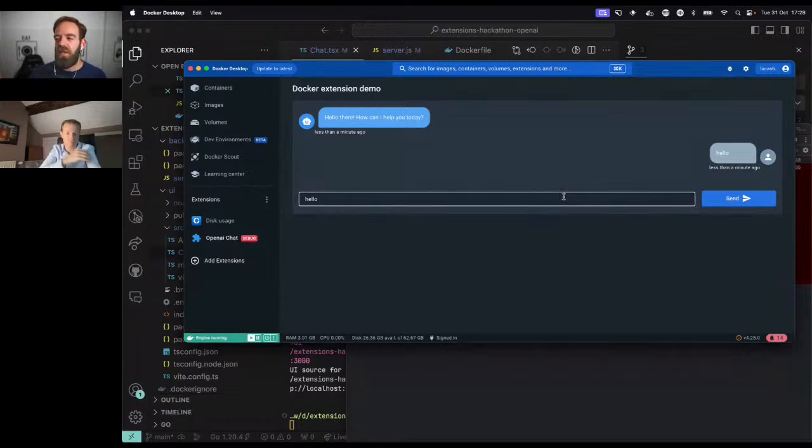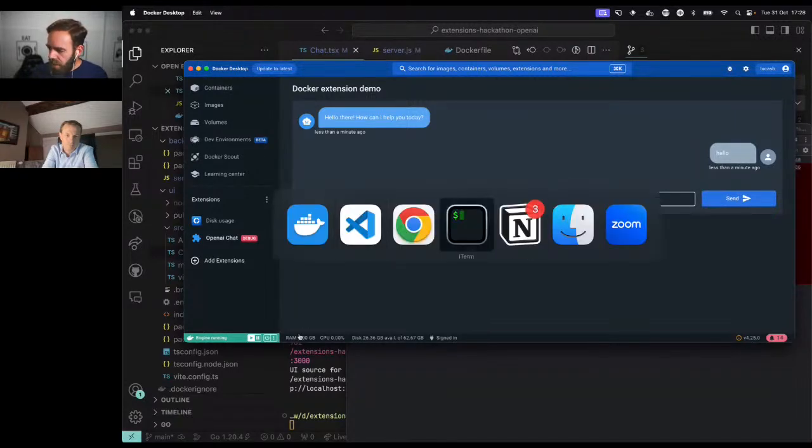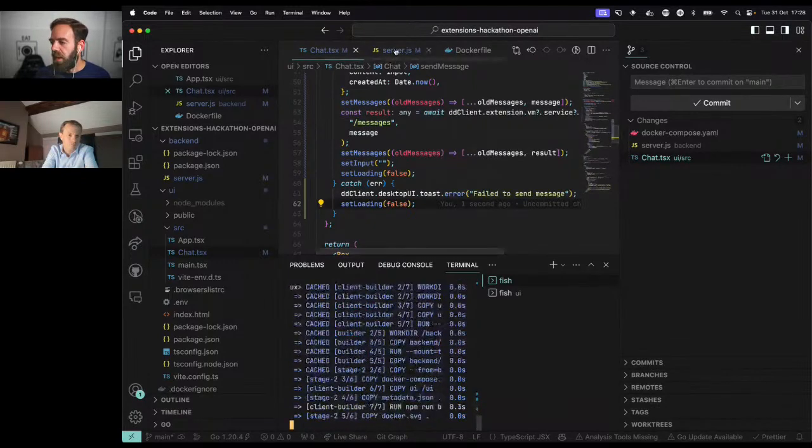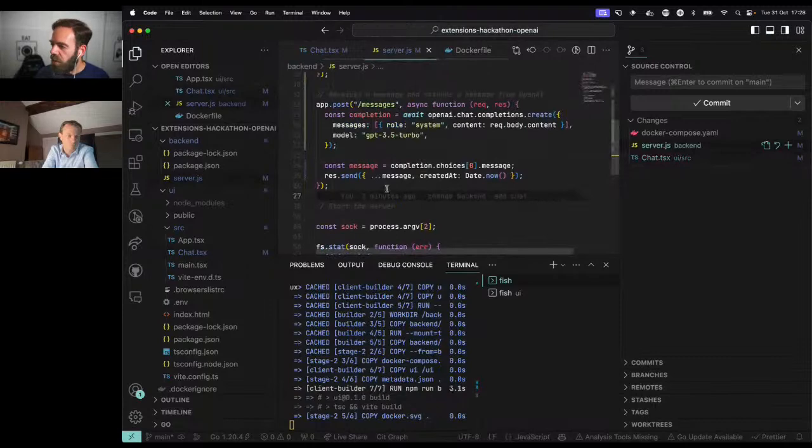And that's the way the notifications work in Docker Desktop. If we ever change how notifications work, you don't have to worry about it. You just use the SDK with the notification method that we have, and that should be enough for you to create one for Docker Desktop. Awesome. So let's go back and update the extension. I can run make update extension again, and this should update the backend with the changes that we have in the server with a post endpoint to messages.